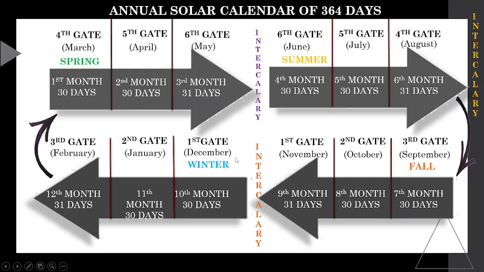All right, here we go. 30 days in December, 30 days in January, 31 days in February. Why are there 31 days here? Because there's an intercalary day here, indicating that we're going back to spring. And this cycle continues every year, fixed every year until eternity. Pause a moment, screenshot this, and continue to look at it until you have a great understanding of it.